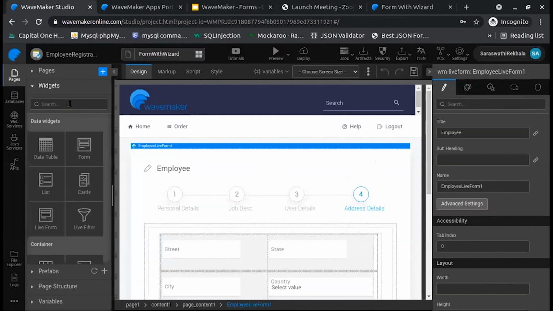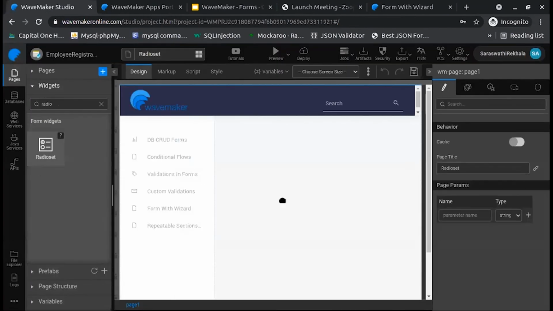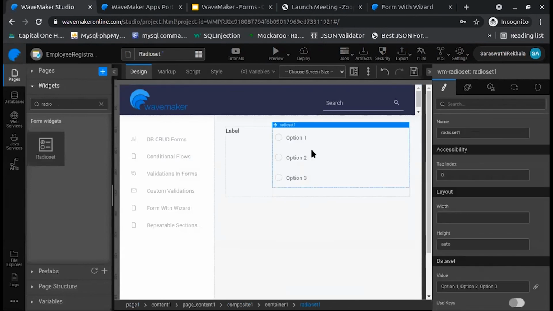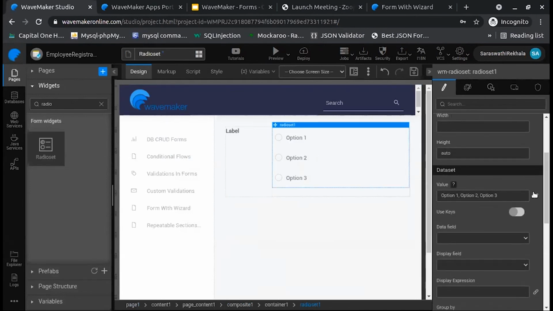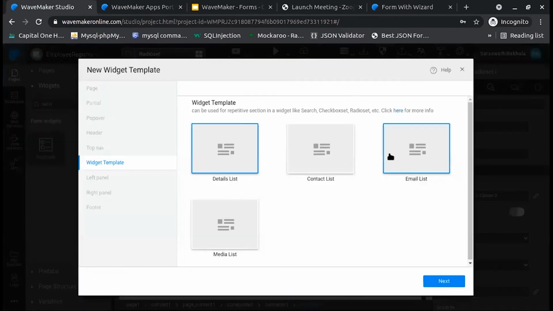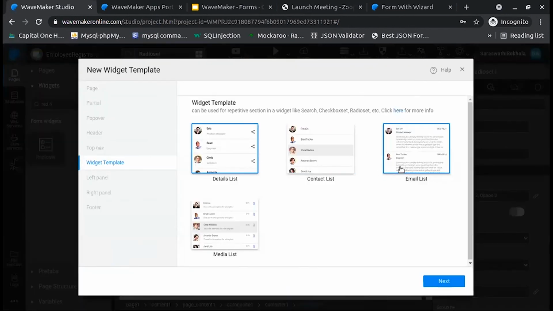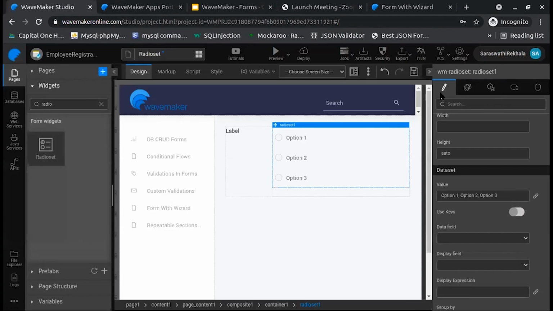We have an option to customize it, so instead of giving these radio options statically or binding it here, you can design your template here like this. So you can customize your radio widget templates or container to be displayed along with the other details instead of static values. We already have documentation for this. We can check that doc.